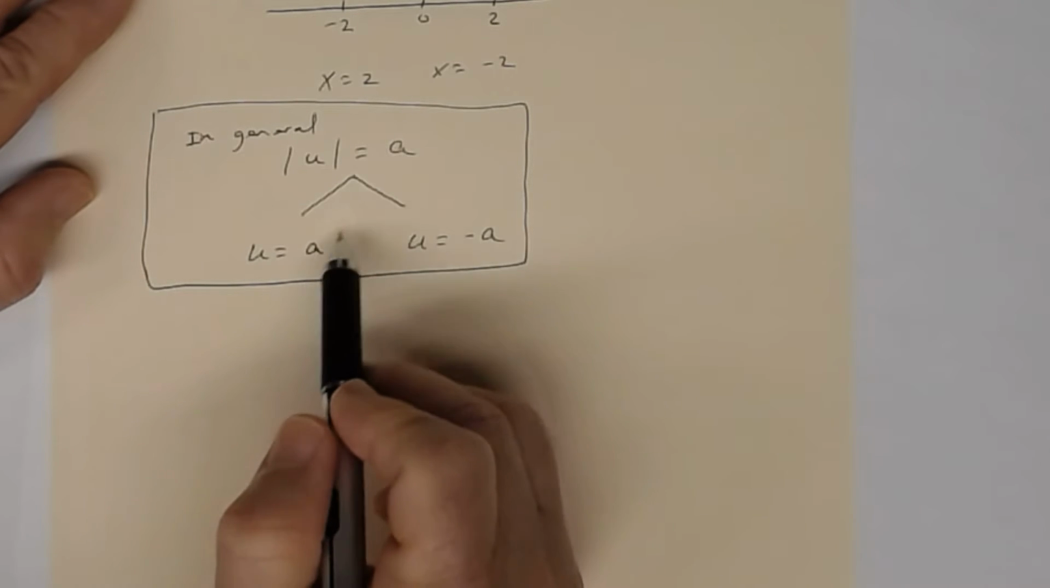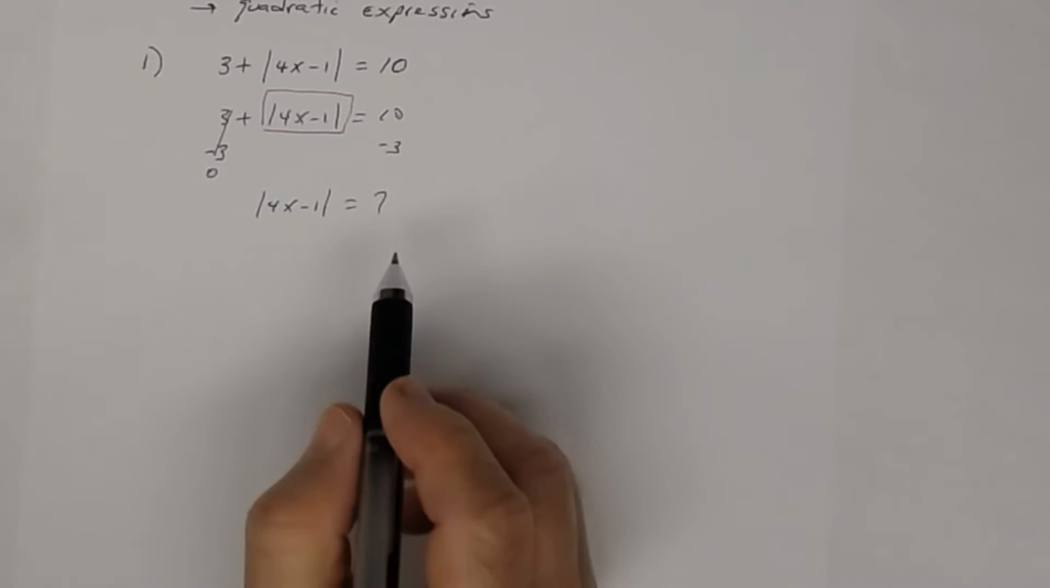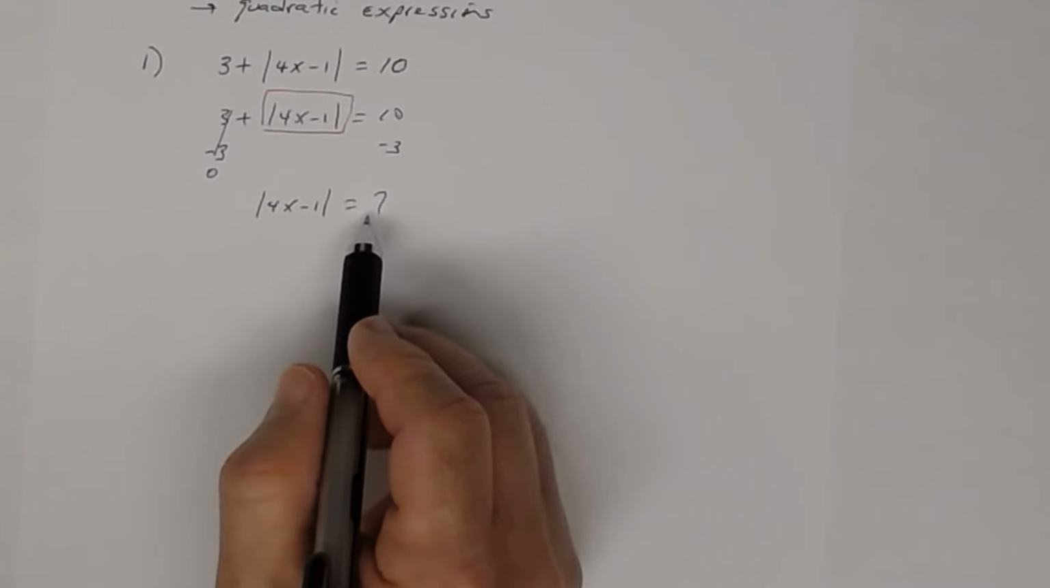So A, and then the opposite of A. Okay, so you'll see what I mean in a little while. But in this case, we have a 7 here. Now, just to remind you,